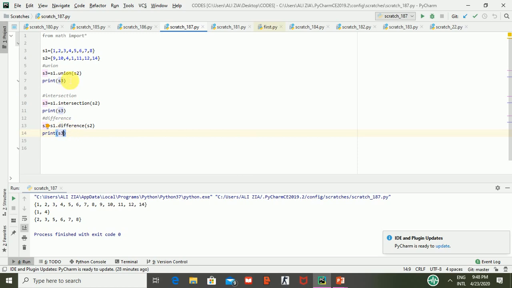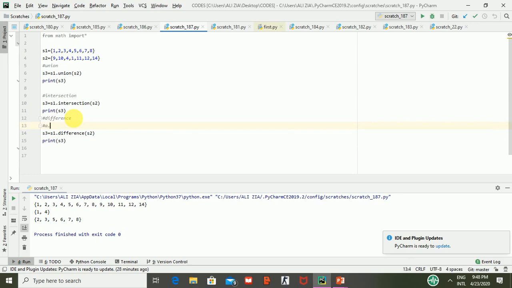First of all, like minus, it has subtracted the 1 and 4 which are common in both sets. But one thing you must notice is that after subtracting the common elements, it has printed all the elements of set S1, which is on the left side. It means if you give A dot difference B, then after subtracting the common elements, it will print the elements of A. I also wanted to mention it here so that you can remember.